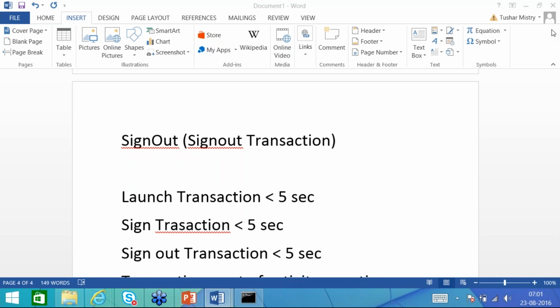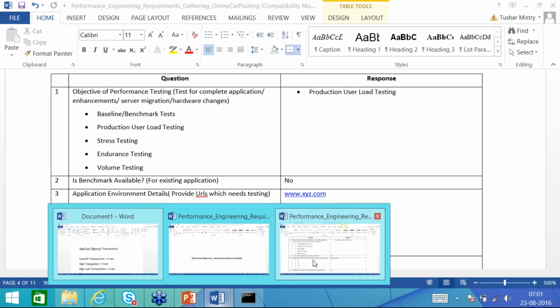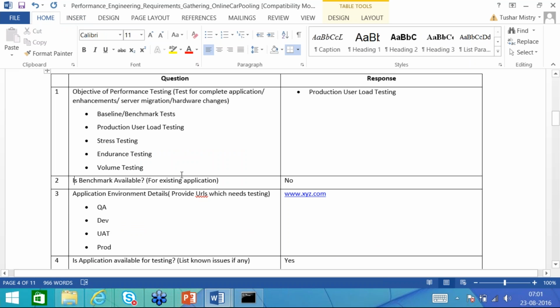This is your benchmark, you can say. So the client will answer whether the benchmark is available. If no, this is a new application, so there is no benchmark available right now.